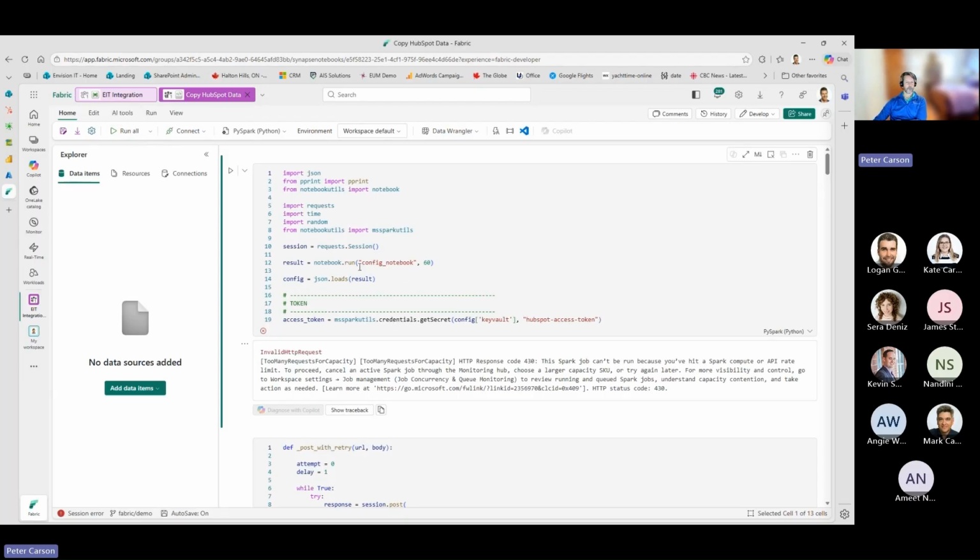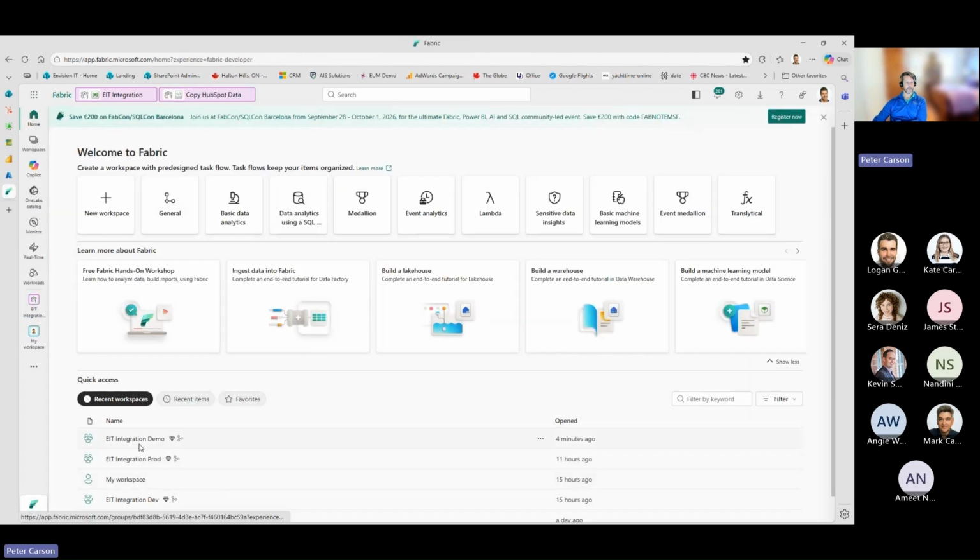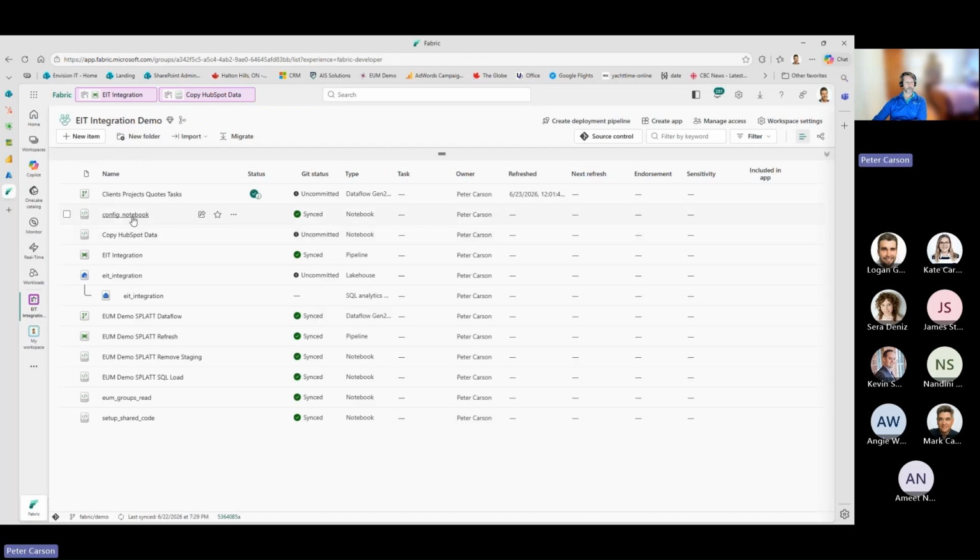And the first step here, this is actually an important model that we've built into our notebook approach, is to have a configuration notebook so that as environments change, different workspaces between dev, test, prod, things like that, that configuration notebook can figure out those changes and adjust the flow appropriately because it can be aware of which environment it's running in. So if I come back to my Fabric for a second here, and I look at that config notebook,